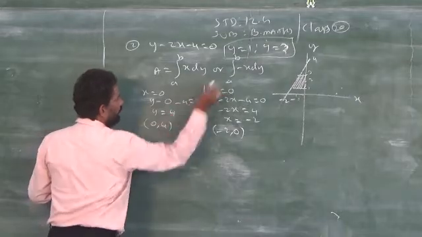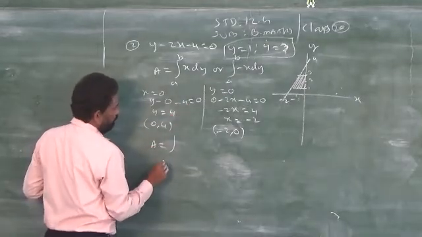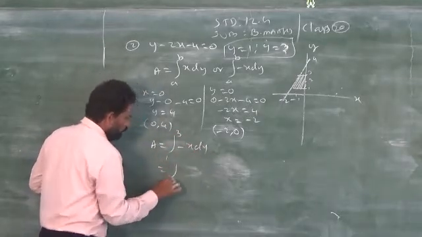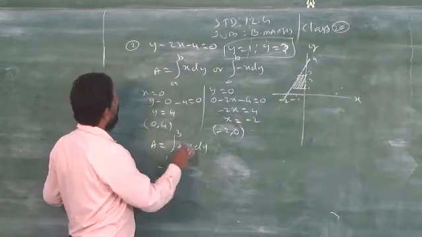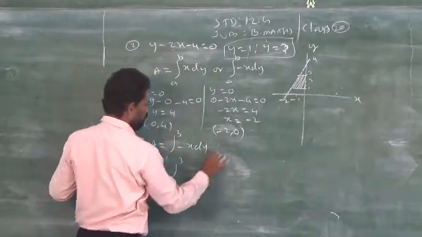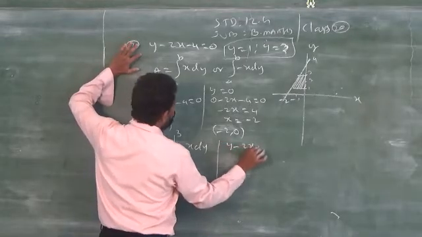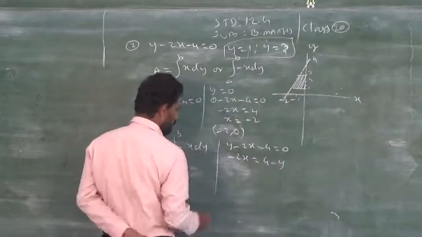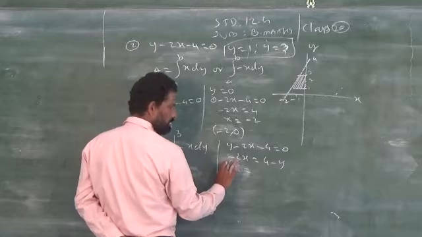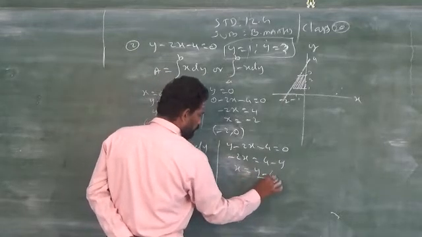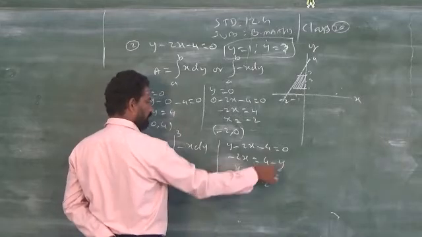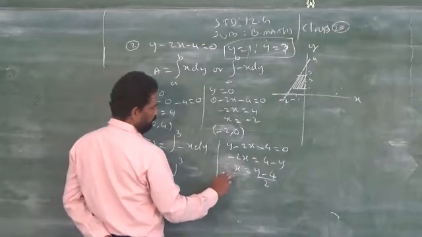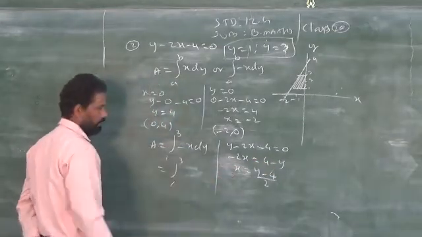So therefore, you have to take which formula? Minus x dy. The limits given are 1 to 3, minus x dy. So I have to find out what x is from the question. So y minus 2x minus 4 is equal to 0, minus 2x is equal to 4 minus y. So x is equal to, change the sign because minus is there, y minus 4. You have to change the sign of all the terms, both left side as well as right side. Then you find only x because the formula needs only x.